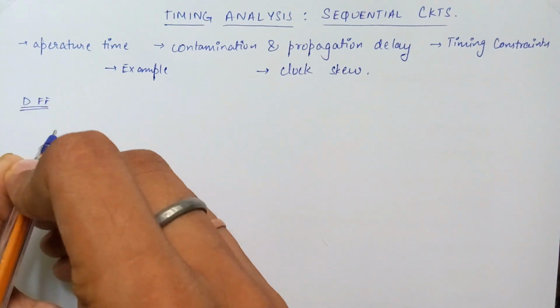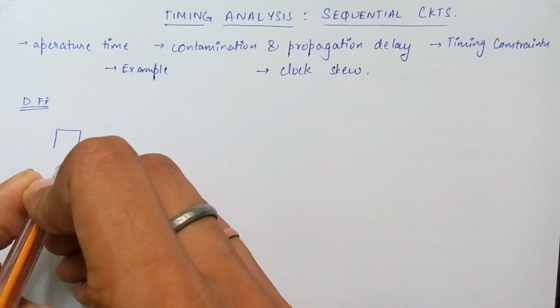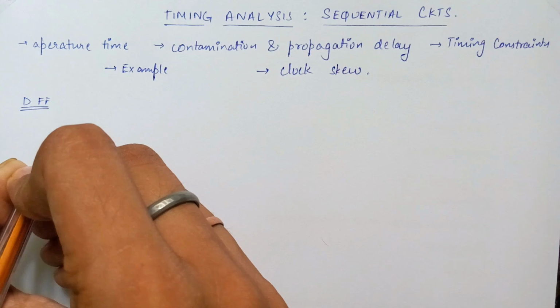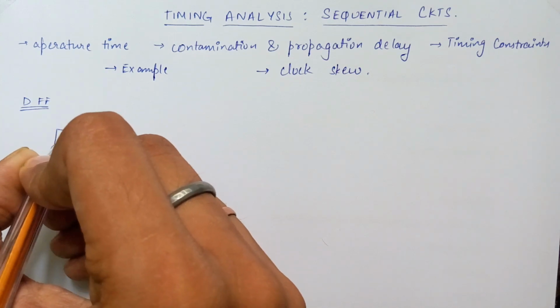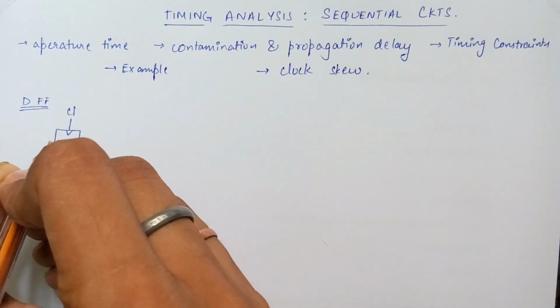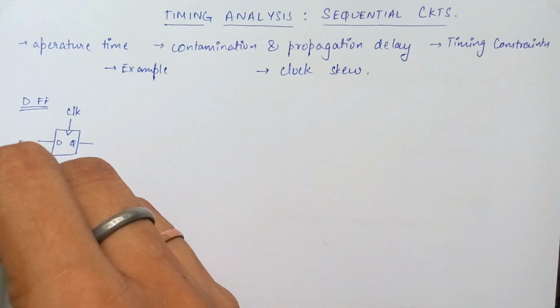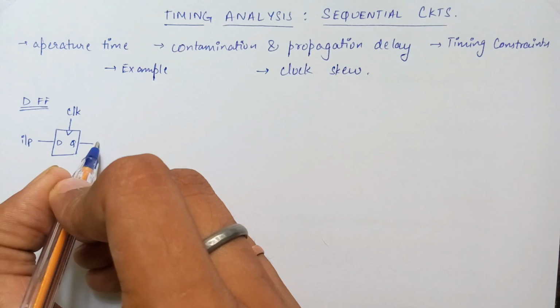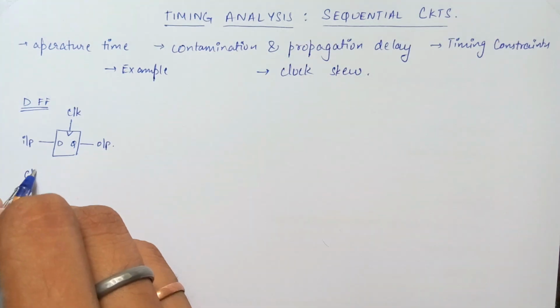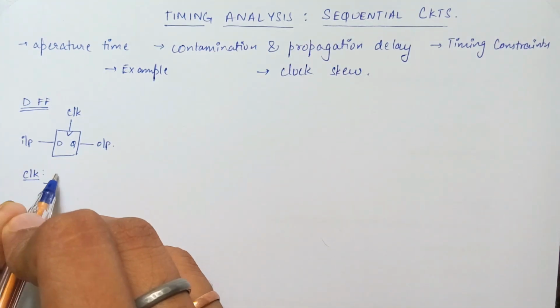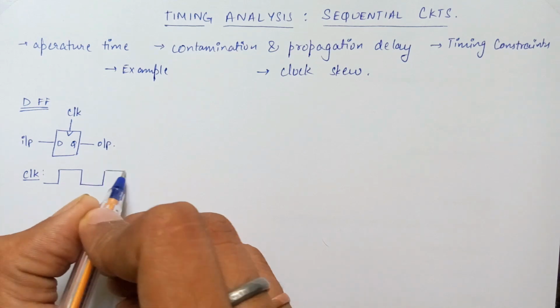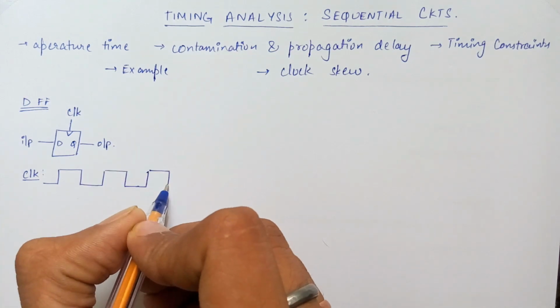Consider a D flip-flop which is positive edge triggered. The flip-flop samples its input only at rising edges of clock and outputs the same value until the next edge arrives. Let's have a look at its timing diagram. Clocks are usually square or rectangular pulses of a particular frequency. In this video, we will also see how to decide the clock frequency of a particular digital circuit.